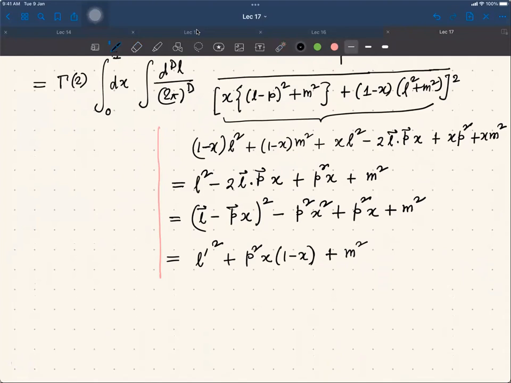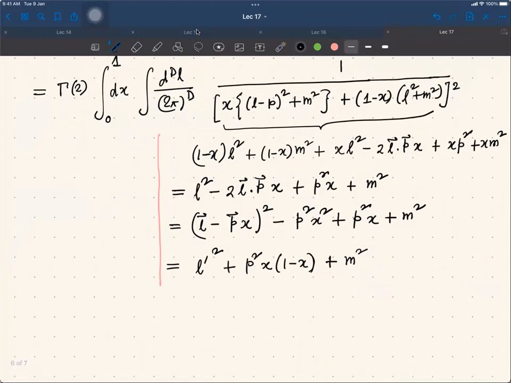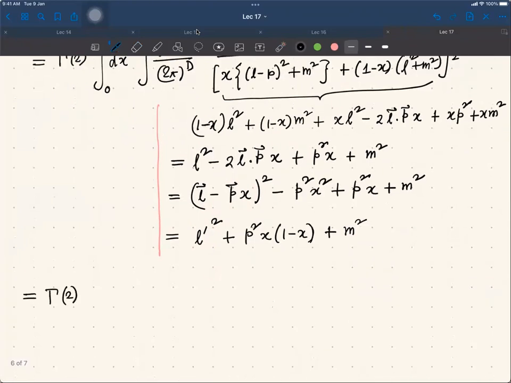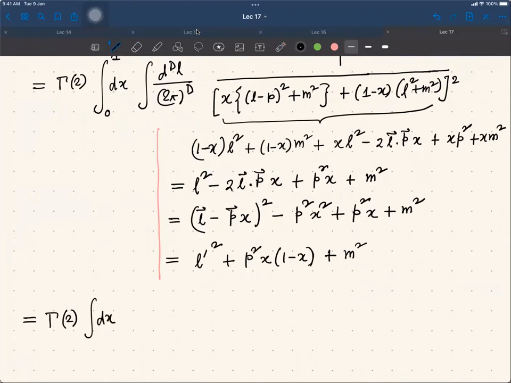Now you see, I have separated out L and P completely, and I have an L prime square, but the relation is just linear. This thing is just a shift, a constant shift. Px for a particular value of x is a constant shift. So ddl prime is same as ddl, and so therefore I can simply write it as this: gamma 2 integral ddl, I am renaming from L prime to L,